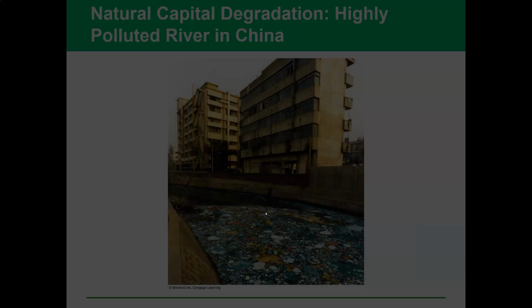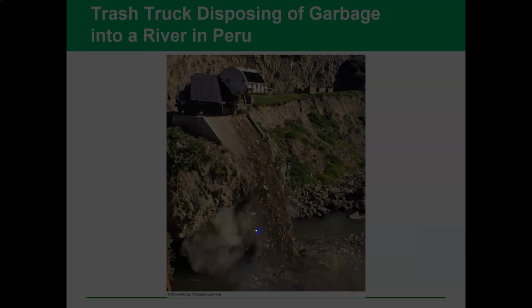You can see this is in China. You can see just like waste floating around. This isn't something typically you see in the United States. You can see it from time to time, but usually it does get cleaned up. All right, and when you have unregulated disposal, people can basically dump in certain areas just straight into a river, and it is probably illegal, but they need to get rid of their waste, and if their government isn't going to regulate it, you can see things like this happen, and it really does destroy the water, which